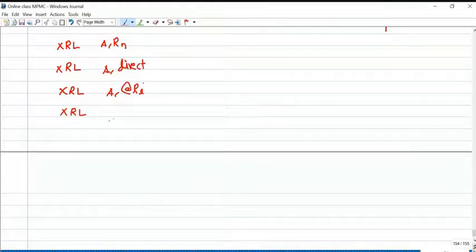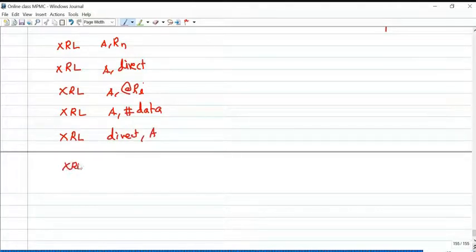XRL A comma immediate data. XRL direct comma A. XRL direct comma immediate data. Okay, so these are the XOR operations.